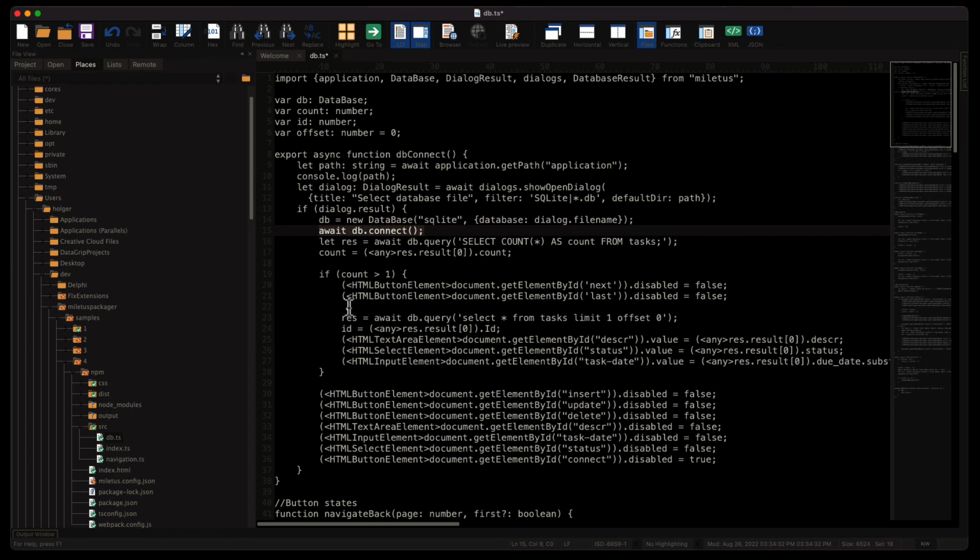Then we connect. Notice that this is an asynchronous call that we can wait for using the await keyword. And then we execute as many queries as we want. The last step, of course, is to update the user interface with the results from the query. This query, for example, finds out how many tasks are inside of the database. Also, note again that the query execution is asynchronous, and we use the await keyword again to wait for the result to be